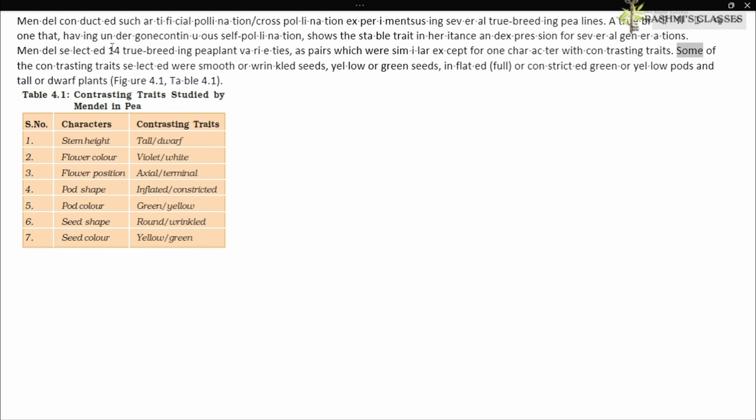Some of the contrasting traits selected were smooth or wrinkled seeds, yellow or green seeds, inflated or constricted green or yellow pods, and tall or dwarf plants. Figure 4.1, Table